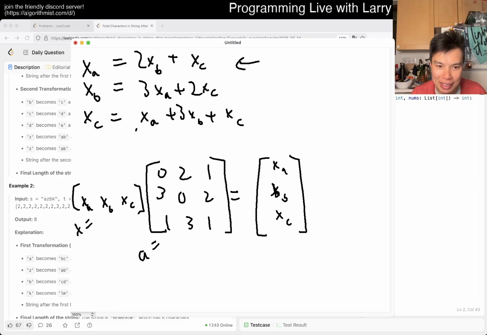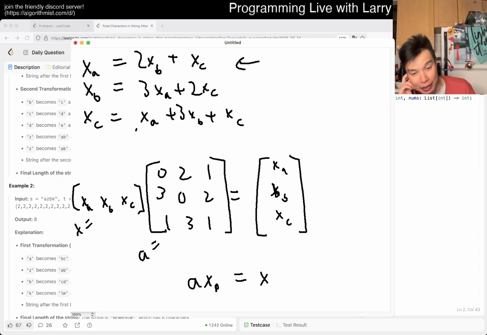Then you can write this as A to the X, say of the previous, is equal to some new X after one iteration. Because this is multiplying, what happens when you want to do it again, two transformations, right? Well, maybe this should be a transpose then, because that doesn't make sense otherwise. Maybe it still does. I don't know. Either way, what happens if you want